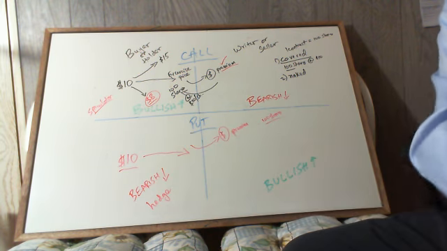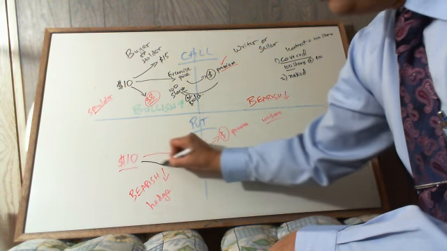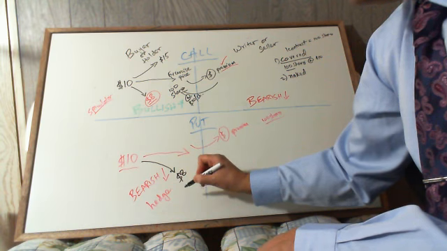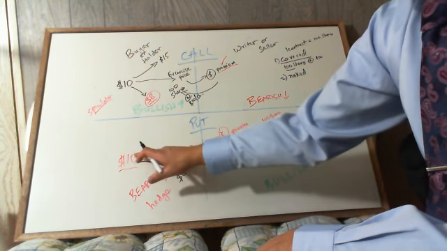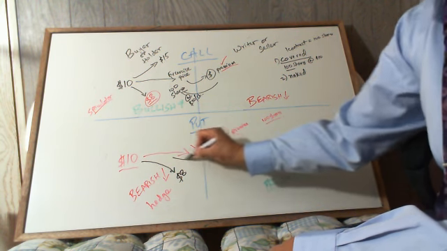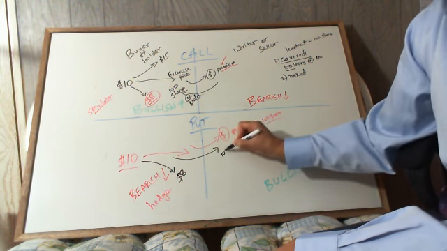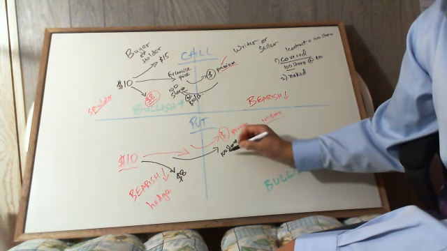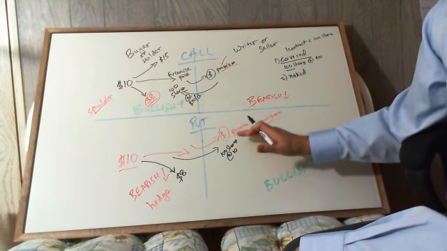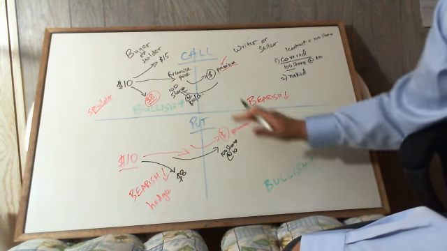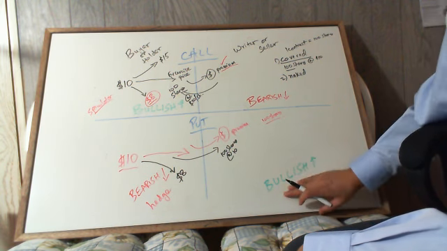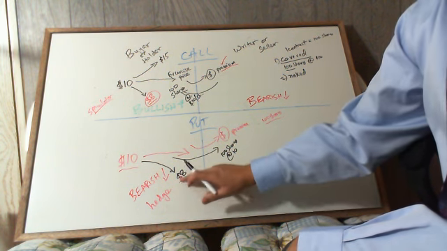If this person is lucky and the price does go down, suppose to $8, this person is happy now. He is able to fix the price at $10 and sell him his 100 shares, right, at $10. This person has to pay him $1,000 for those shares, and in this way this person is losing out because he was bullish. He thought it would go up, but it in fact has gone down.